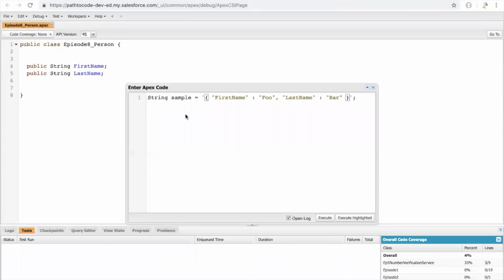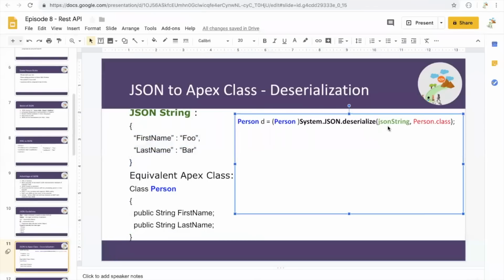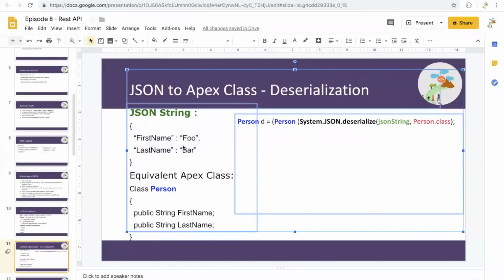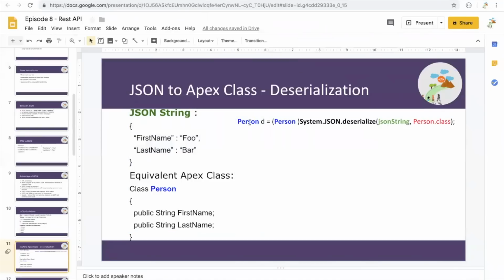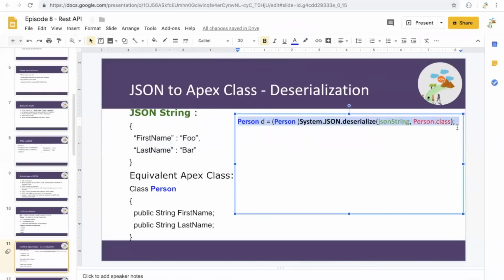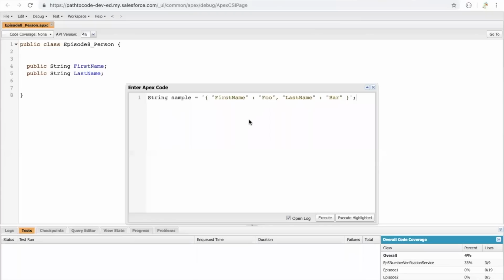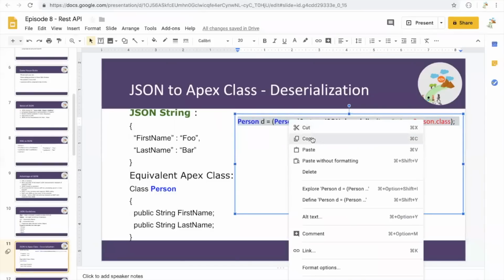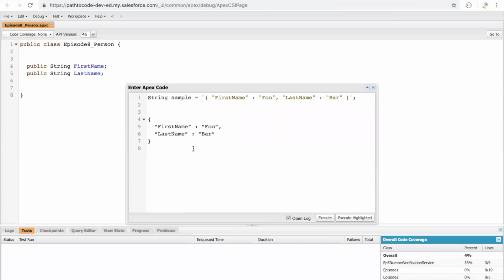So let's see if we want to convert this JSON string to the equivalent class which is written behind. All we have to do is let's try to understand what that means. So basically, we need to convert this string to the equivalent class, Episode 8 Person,